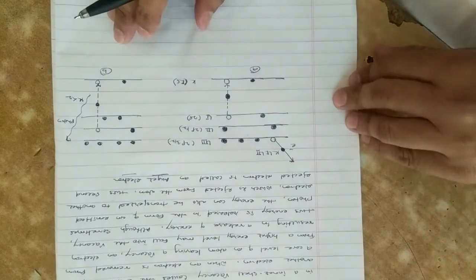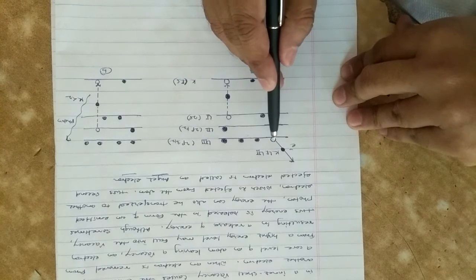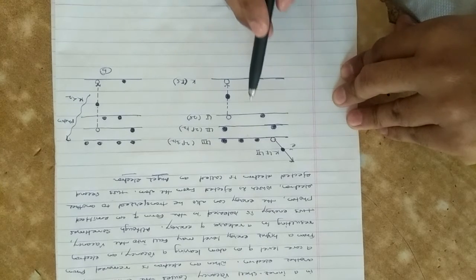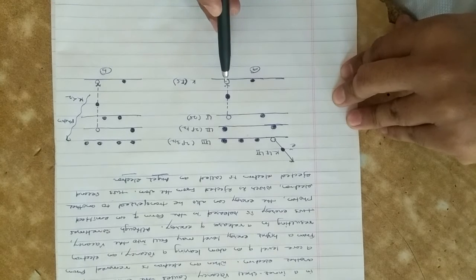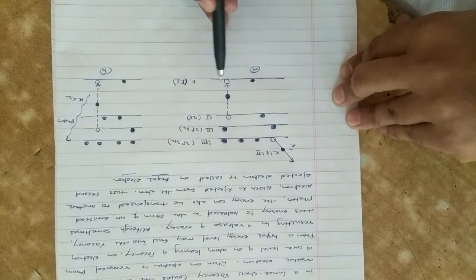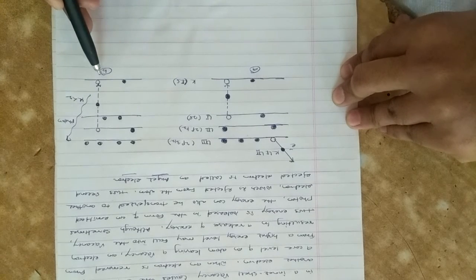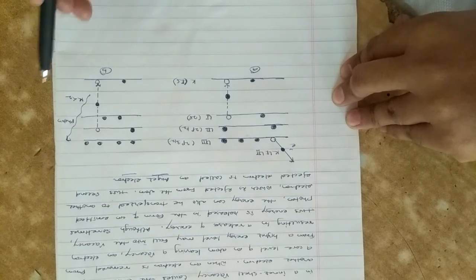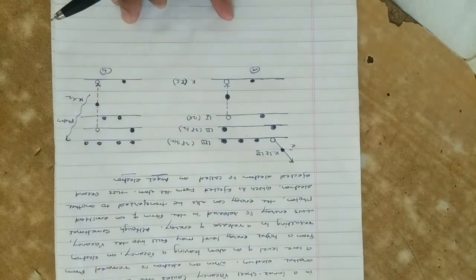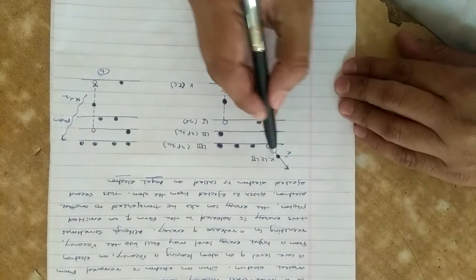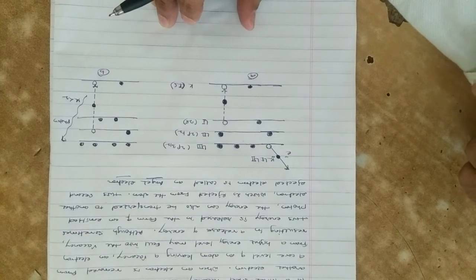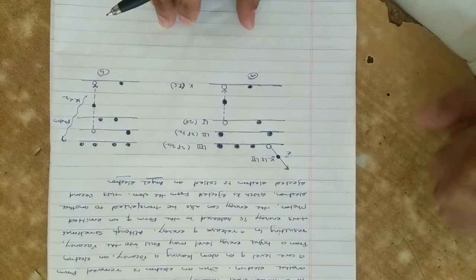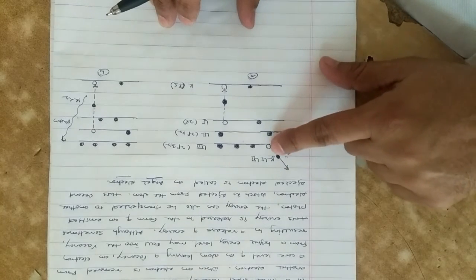This is the diagram. This is the first shell electron. Electrons were bombarded, then an electron is ejected from this shell. This is the first diagram and this is the second diagram. This is the Auger effect. When a K electron is ejected from an atom, this is the ejection of the K electron.